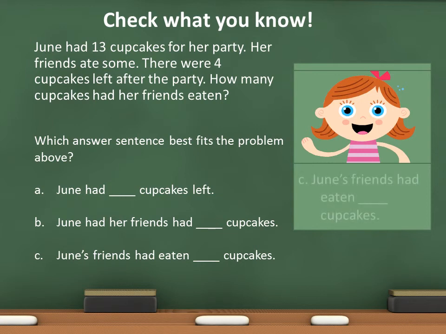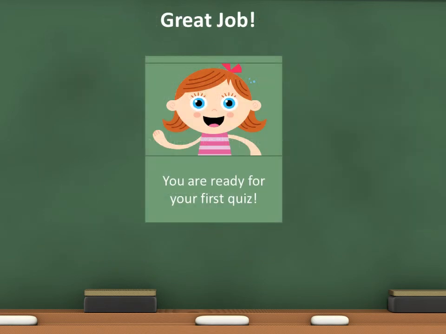Did you say the answer was C? June's friends had eaten blank cupcakes. If you did, the answer is correct. Good job. Well done! You are ready for your first quiz. You did a fantastic job today, and if you have any questions about how to turn a question into a sentence or understanding a word problem,